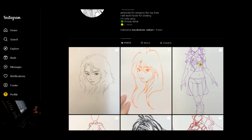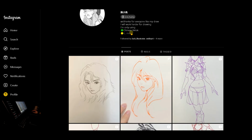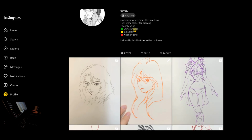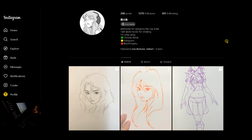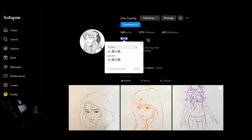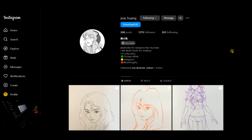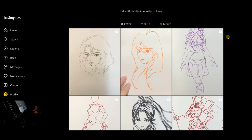I think it's a she. She does have a bunch of... oh, only using Chinese TikTok. I'm guessing it's Douyin, something Instagram, Xiaohongshu or Red Note, I think. Okay, let me just translate this text. Anyway, doesn't work, but yeah, she does post a lot of videos of her drawing, and I do like the